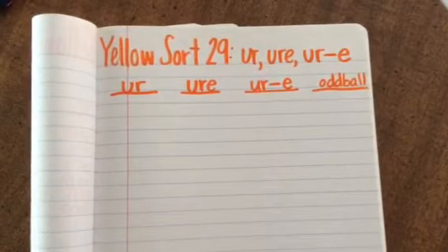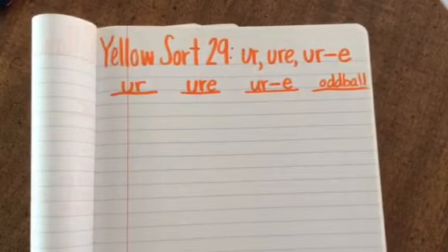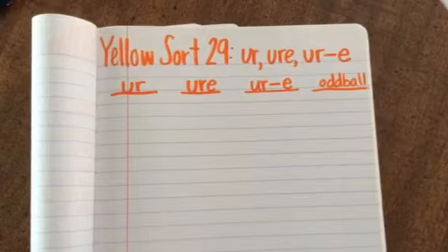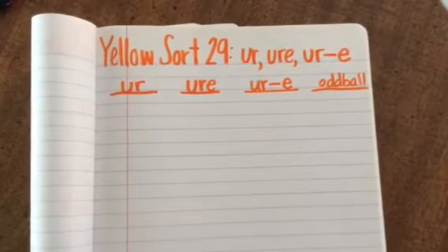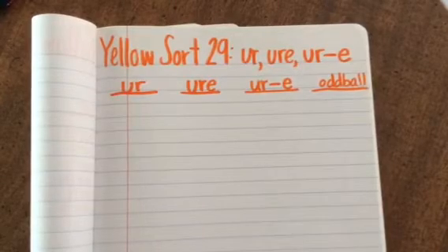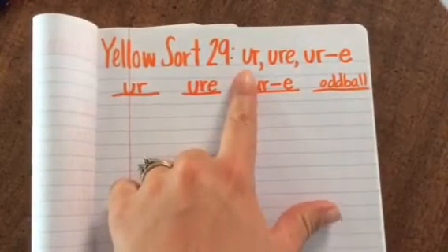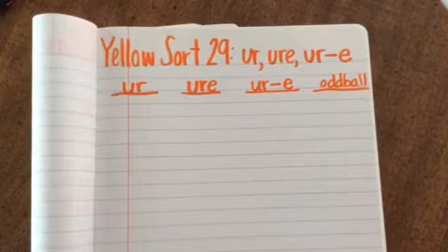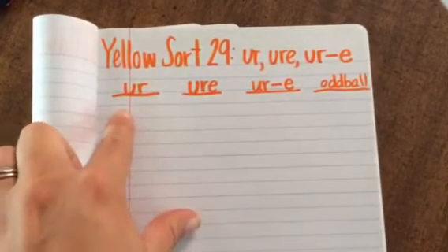In this video, we're going to finish up our R-influenced vowel patterns. We've done the AR, ER, IR, OR, and now, of course, to finish up the vowel patterns, we're going to talk about the UR. Now, just like the ER and the IR, the UR says